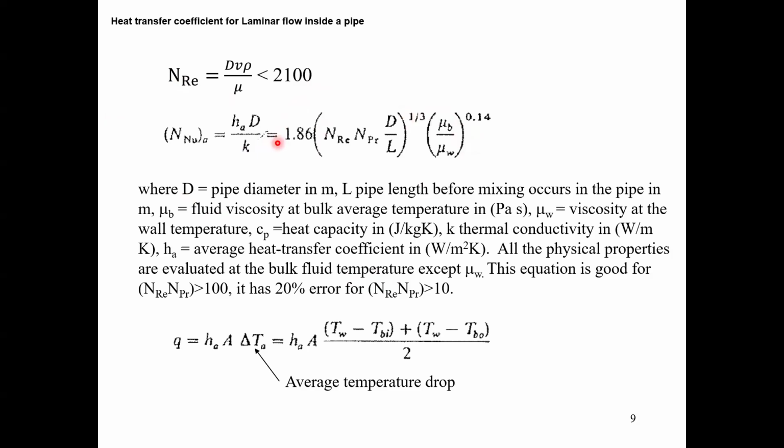When you know that the situation is laminar flow, you can use this semi-empirical form, and by knowing the other variables and calculating these dimensionless groups, you can calculate heat transfer coefficient. Take a look at the description over here, so that you know at what temperature